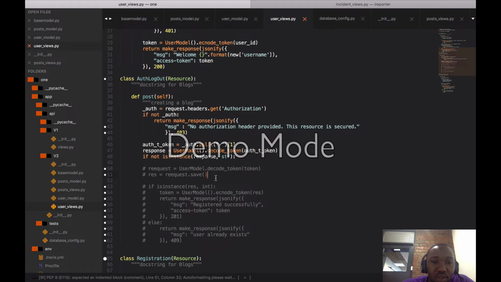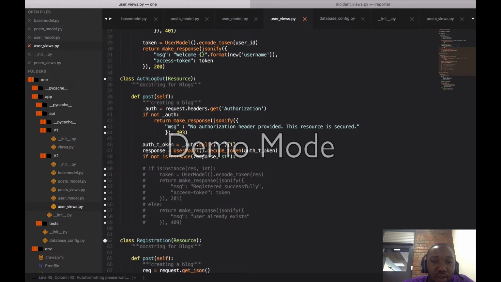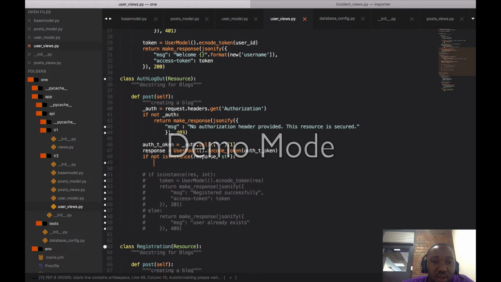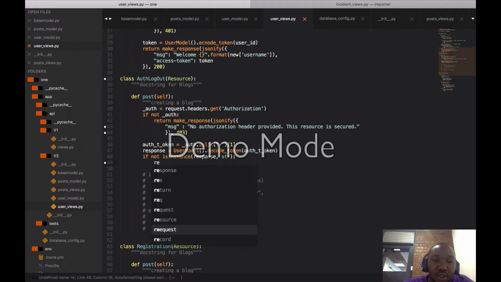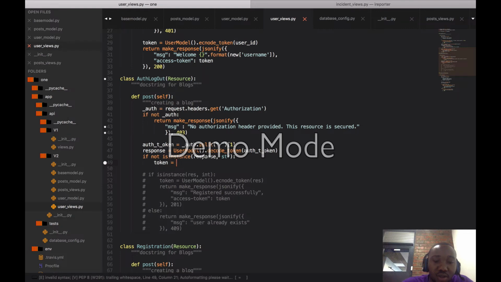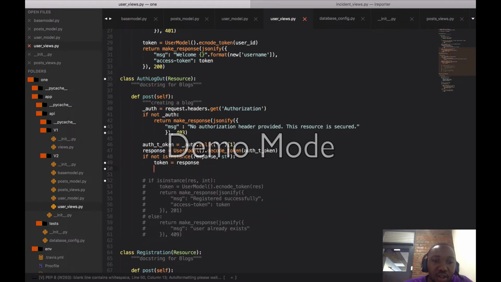So doing the rest means that I'm going to come here and say token is equal to response, then call